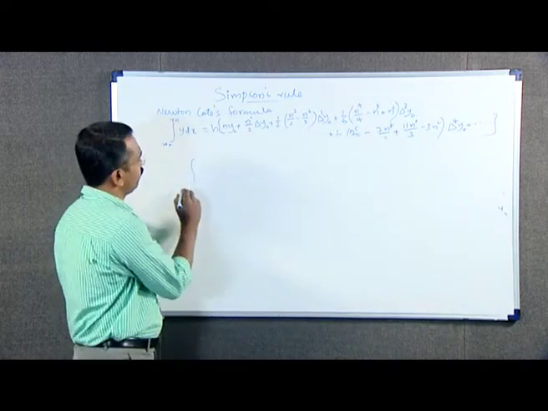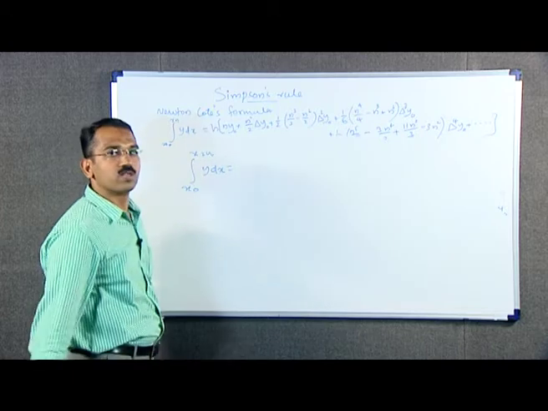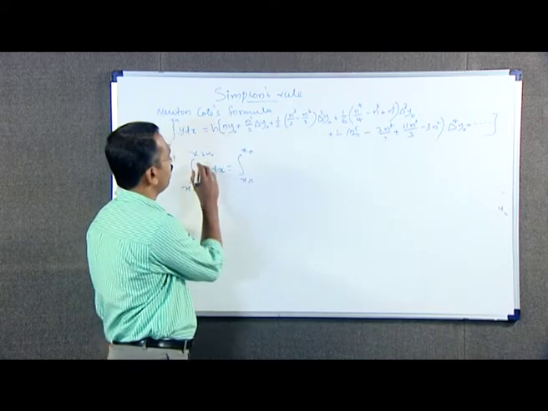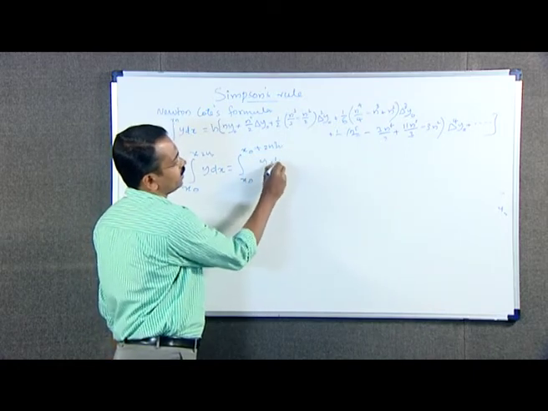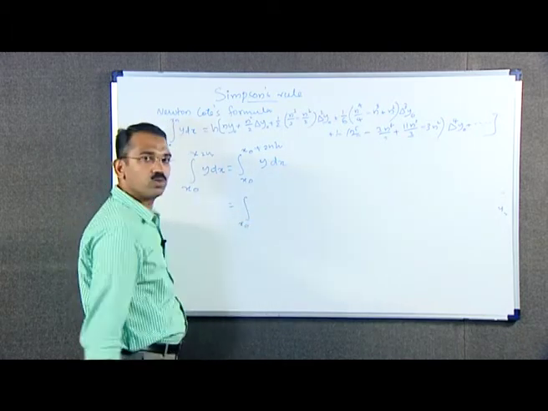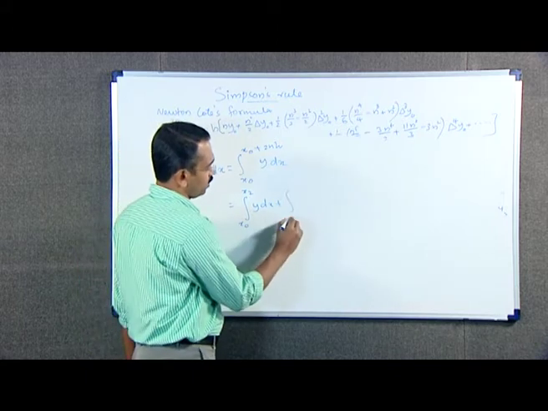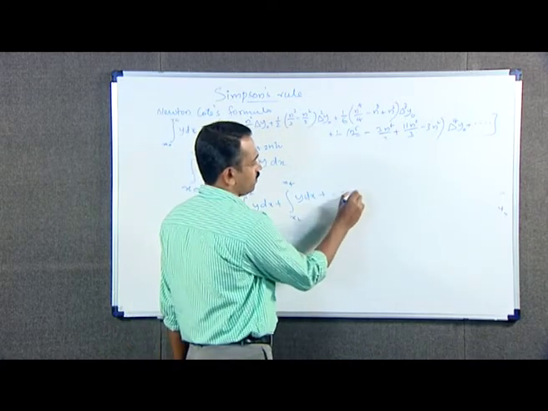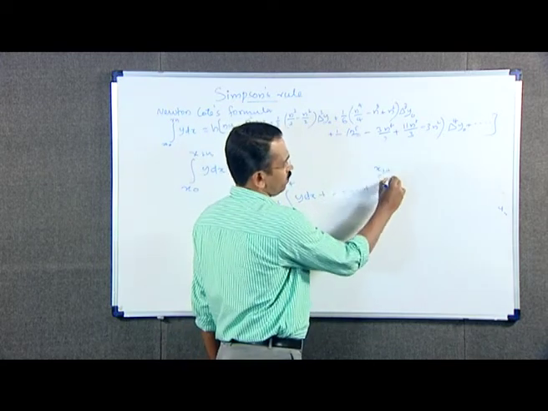We get integral from x0 to x2n of y dx is equal to integral from x0 to x0 plus 2nh of y dx, which is equal to integral from x0 to x2 of y dx plus integral from x2 to x4 of y dx plus etc. plus integral from x2n minus 2 to x2n of y dx